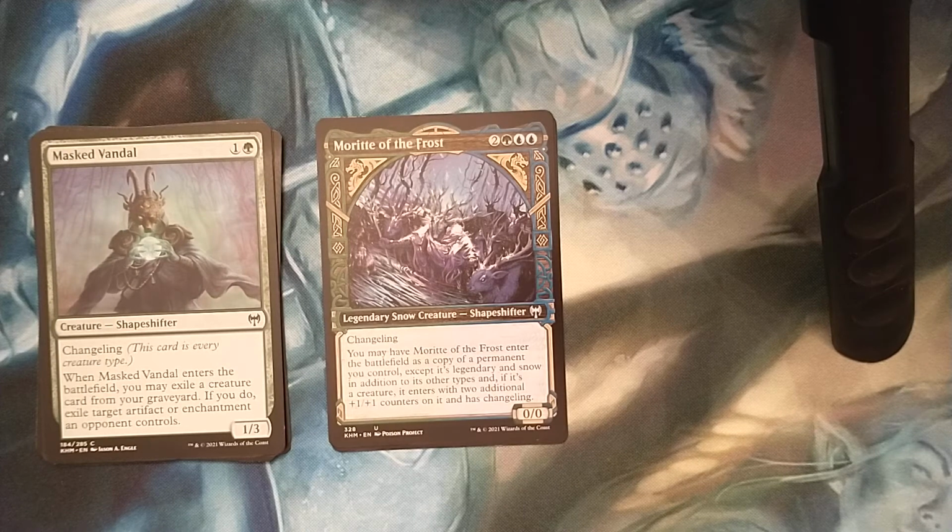Morit of the Frost. She is 2 blue, 1 green, and 2 colorless, and she's also a changeling, so she's technically an elk. You may have Morit of the Frost enter the battlefield as a copy of a permanent you control, except it's legendary and snow, in addition to its other types. And if it's a creature, it enters the battlefield with 2 additional +1/+1 counters on it, and it has changeling,